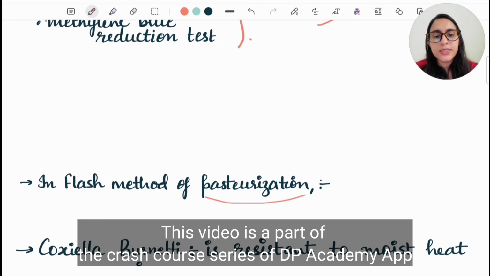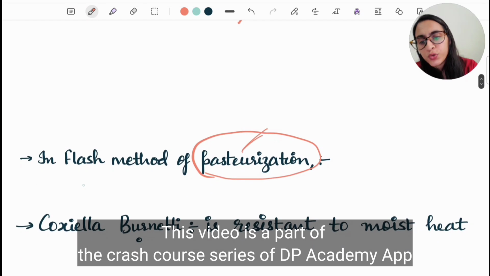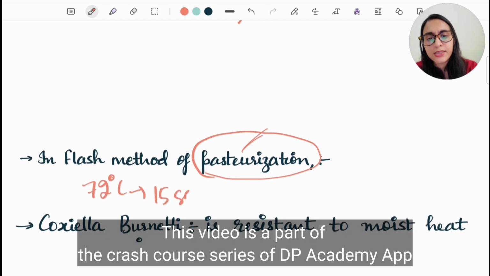Pasteurization. The best method is the flash method. We already talked about it. Pasteurization is done to check milk-borne infection, and in the flash method, you use moist heat at 72 degrees Celsius for 15 seconds and rapidly cool it. So 72 degrees Celsius for 15 seconds followed by rapid cooling is the flash method,